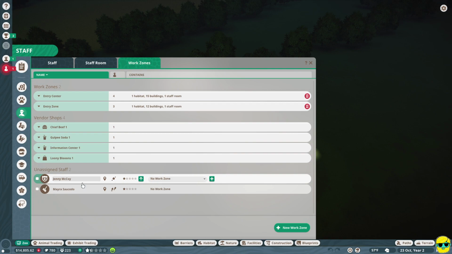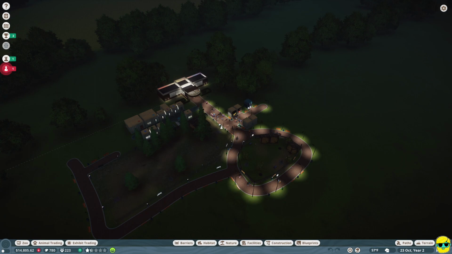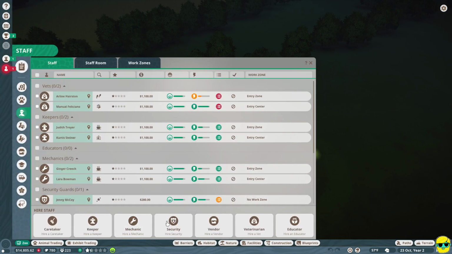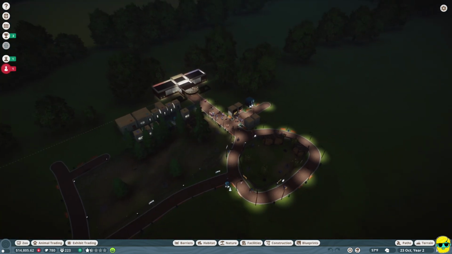Now, I'm just going to hire a new security guard and a new... here, let's go to staff. And I'm going to hire another caretaker. So I'm going to hire a caretaker. I'm just going to drop them down. And I'm going to then push escape. And I'm going to hire another security guard and drop them down. And the only reason I'm doing this, okay...